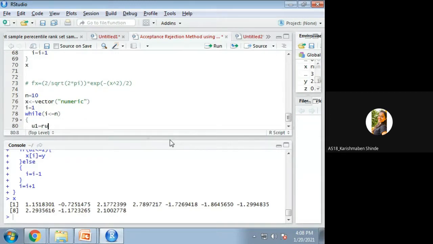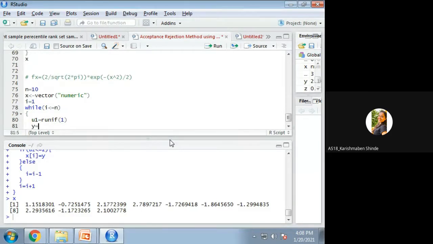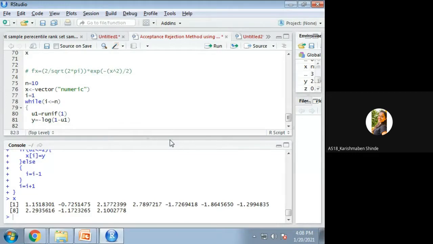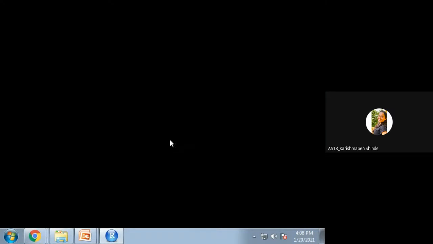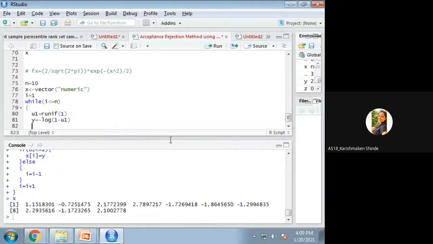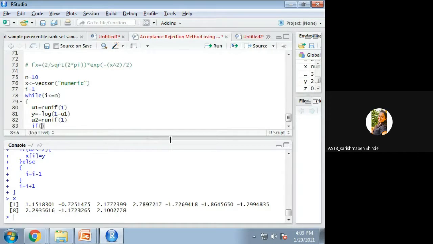First we generate uniform u1. Second, we set y equal to minus ln of, instead of ln here we have to write log, and log will ask for the base. It is asking the base, so we have to write a comma and 10. Okay, then you have to generate a uniform random number u2, and then we try as the gentleman says.